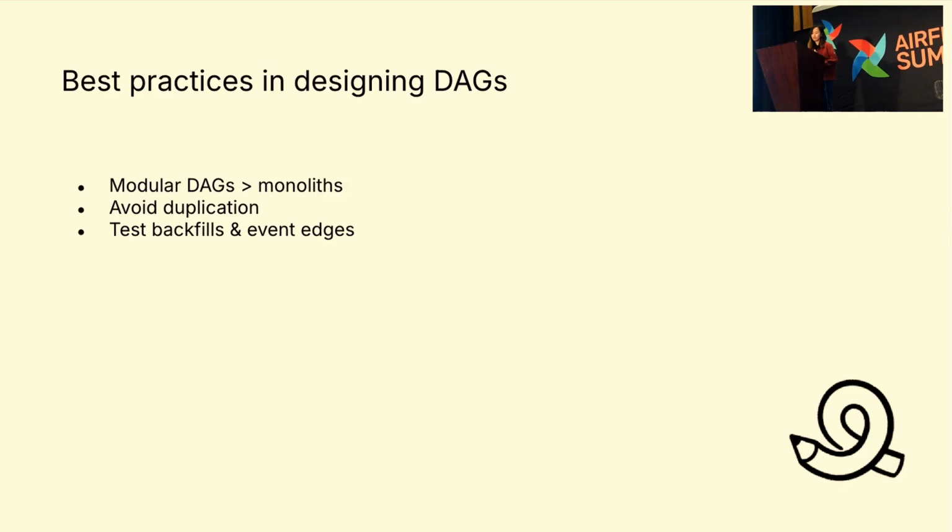And the last one is to test and simulate your workflows. This is especially important in the world of event-driven workflows because events are not perfect. Imagine the case that sometimes an event can come twice when it should come only once. So in those cases, you want to make sure that your DAG is ready for those scenarios and is able to handle those duplicate event notifications.